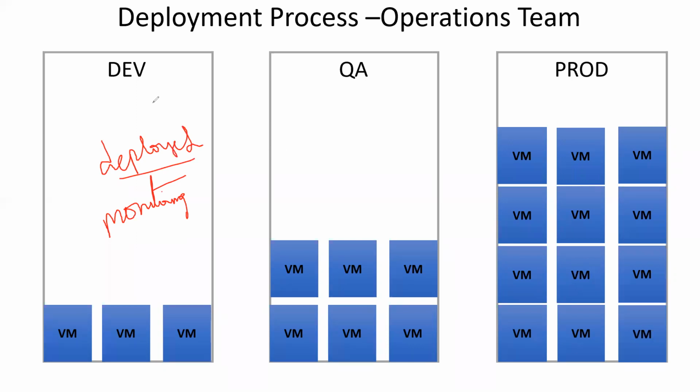If the developer and QA are fighting with each other, this will definitely impact the delivery for production, point number one. And it will have an impact even on the ops team because there are resources that are already running in both the environments. Now, why do these kinds of challenges happen? Because there is no process.